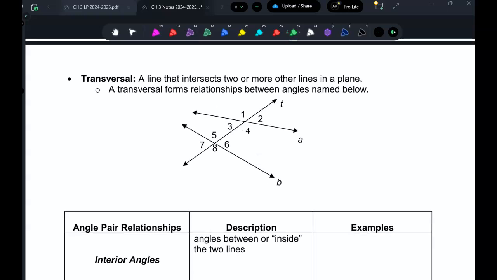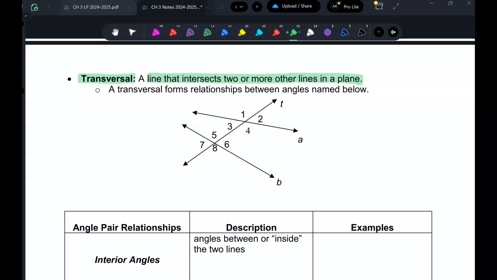Okay, we got a new definition here, transversal. Not the same thing as transitive property. A transversal is a line that intersects two or more other lines in a plane, okay? So in one plane. So we got a bunch of new definitions. They are on this sheet of paper. We're not going to do the theorems and postulates until the next couple classes, but we are going to learn